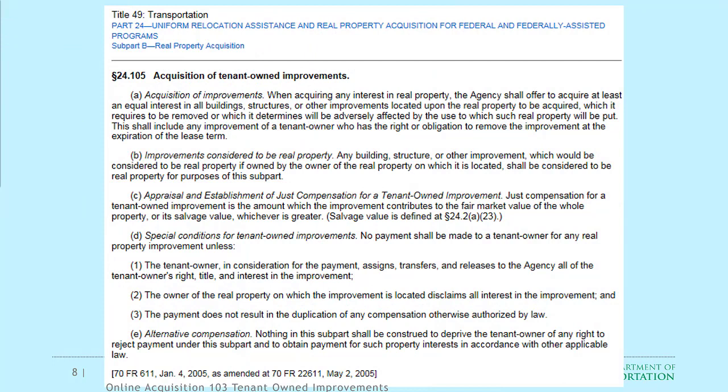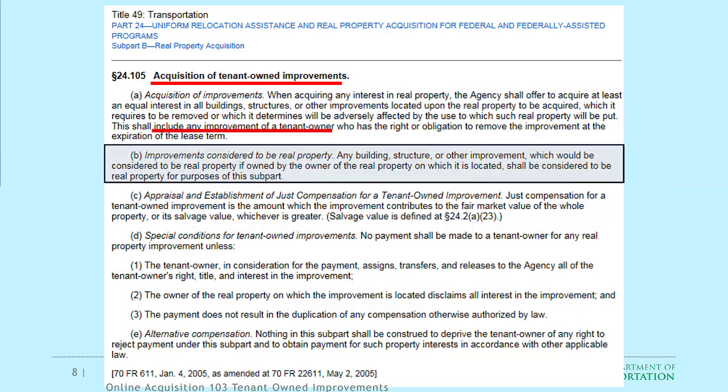Here's a host of the laws around and reinforces the tenant-owned improvements out of the 49 CFR 24.105, acquisition of tenant-owned improvements. And we identify that this shall include any improvement of the tenant. So we kind of highlighted some of the areas that are very, very important. And item B, the improvements considered to be real property, any building, structure or other improvement which would be considered to be real property if the owner of the real property on which it is located